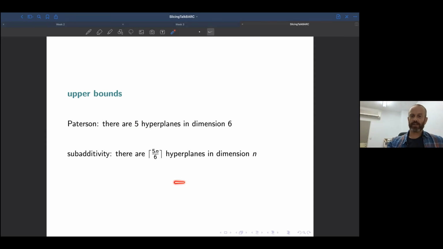In each 6 coordinates separately, we use these 5 hyperplanes, and in the rest of the coordinates, we just write zeros. So we have 5n over 6 hyperplanes in this way. And it's fairly simple to verify that these 5n over 6 hyperplanes also slice all edges. So there is a subadditivity property in this